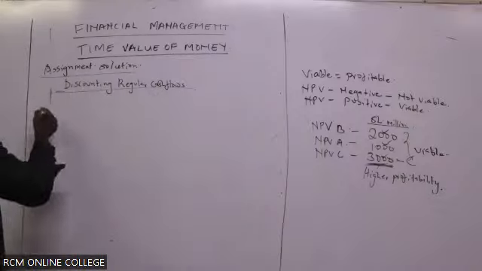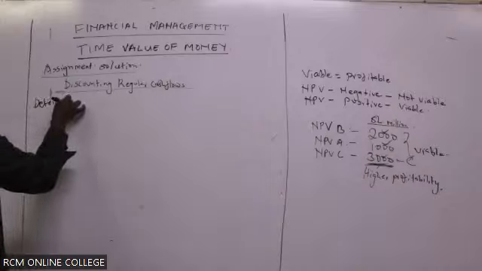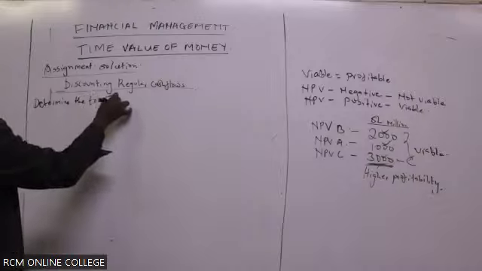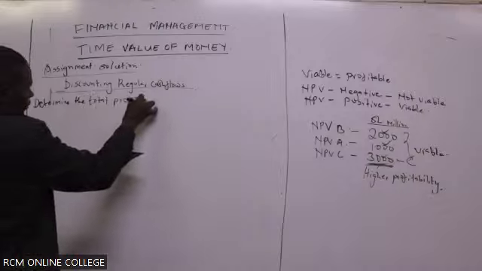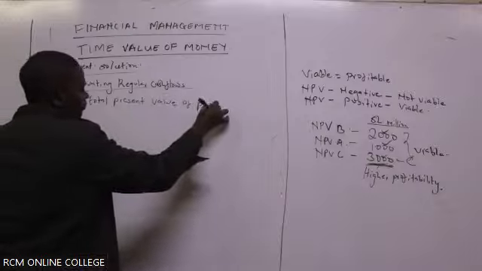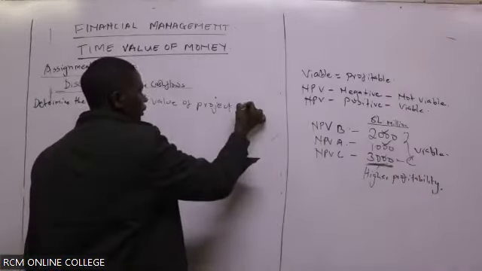So still, we are told to determine the total present value of project D. You can write down project D